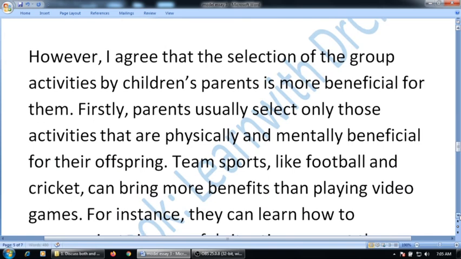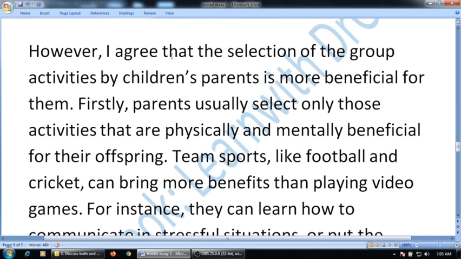Let us go to the next paragraph. However, I agree that the selection of group activities by children's parents, this is the use of apostrophe. If you don't know how to use apostrophe, there is a complete class in my grammar course. Children is plural, so I have used an apostrophe, then as children's parents is